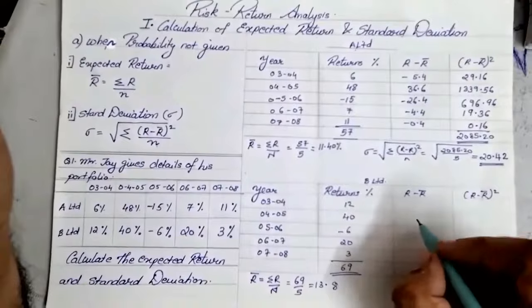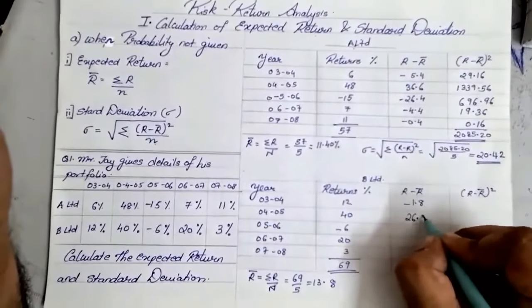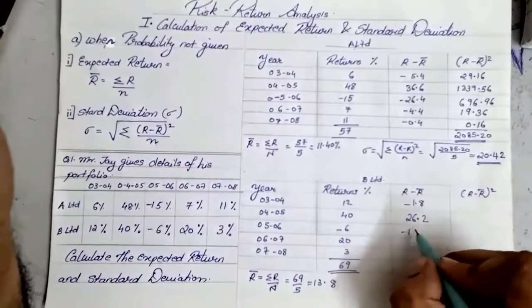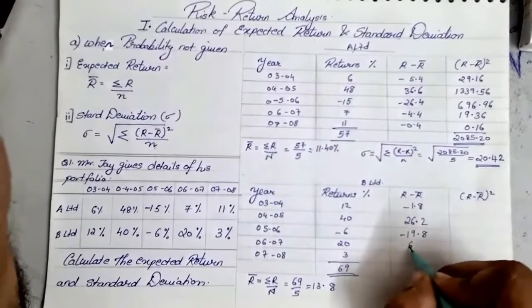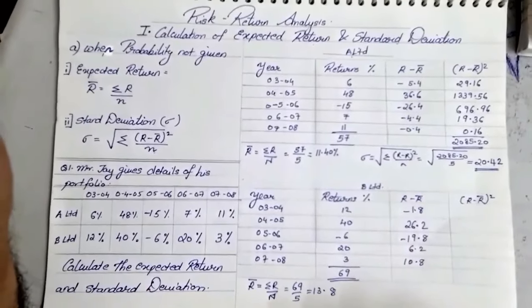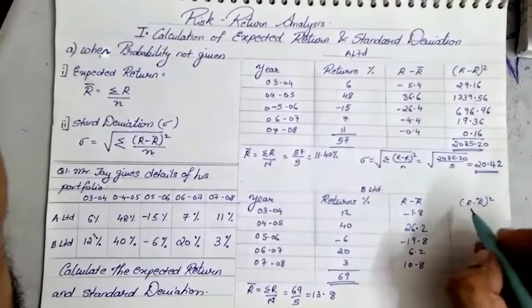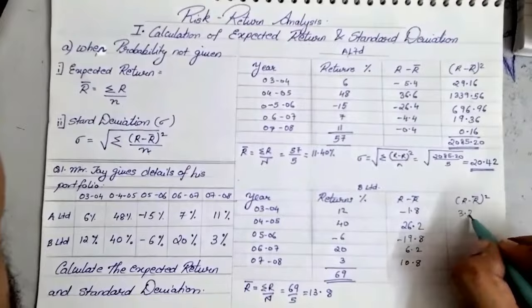So 12 minus 13.8 will give you negative 1.8. Next it will be 26.2. Next negative 19.8. Next 6.2 and 10.8. Next we need to square them in order to get r minus r bar the whole square. So it will be 3.24,